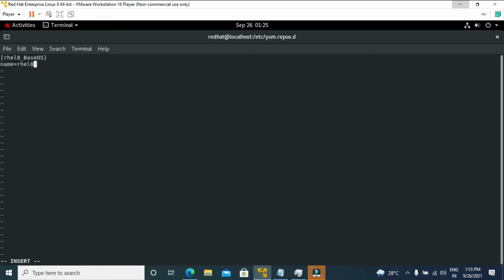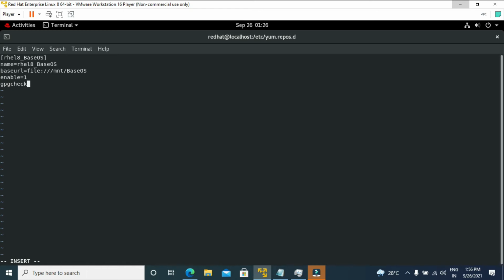RHEL8, the same name I'm putting here, underscore BaseOS. Next I will give baseurl equal to file, where our files are stored, we have stored this one at /mnt/BaseOS. Okay, then enabled equal to 1, then gpgcheck.